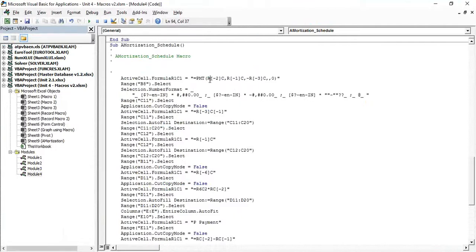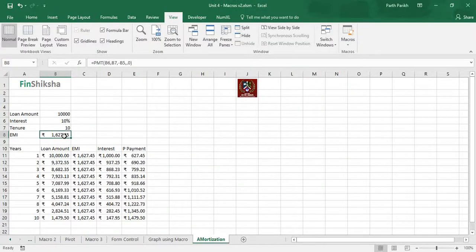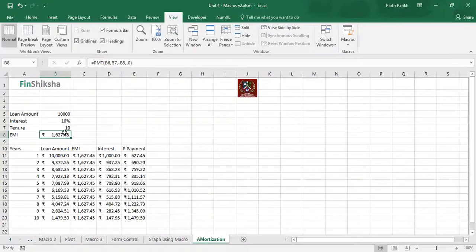So first I started with PMT. Because I was in that particular cell, Excel directly wrote the formula. Otherwise, you have to write the cell as well. So the formula is PMT(R[-2]C...): go 2 rows above the cell, which is the interest. The first thing in the PMT formula is my interest rate.